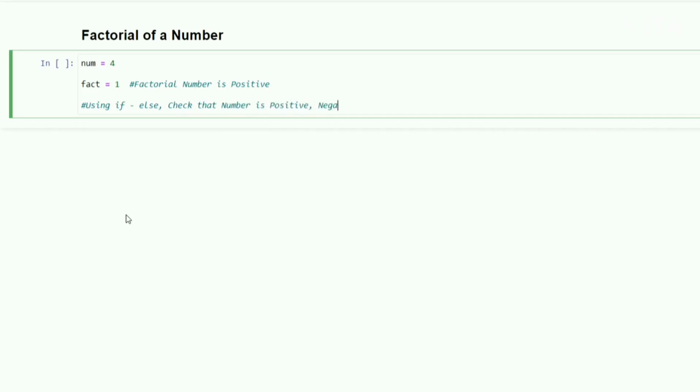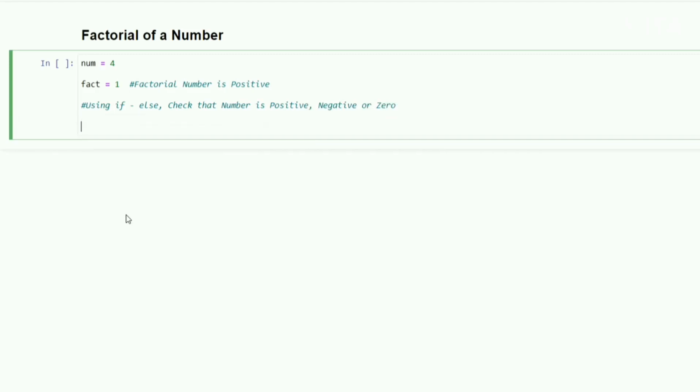If num is less than 0, then the number is negative, and the factorial of a negative number does not exist, so simply print a statement: sorry, factorial of negative number does not exist.